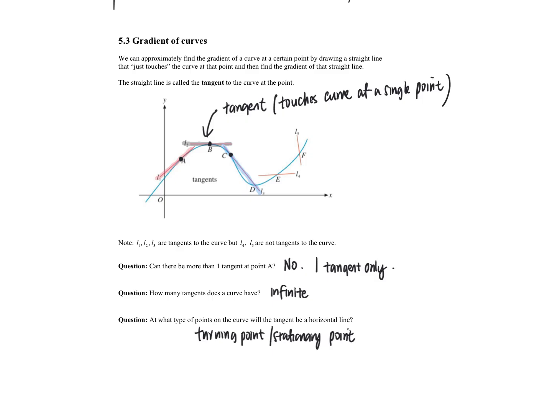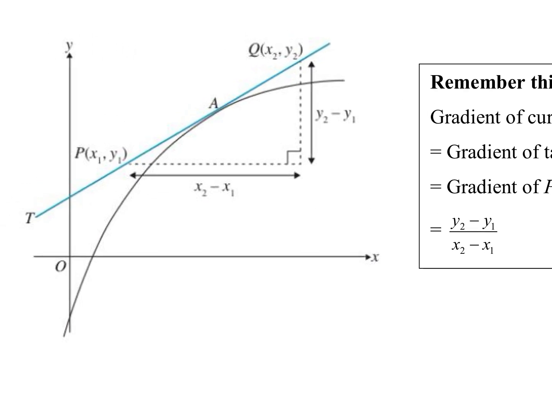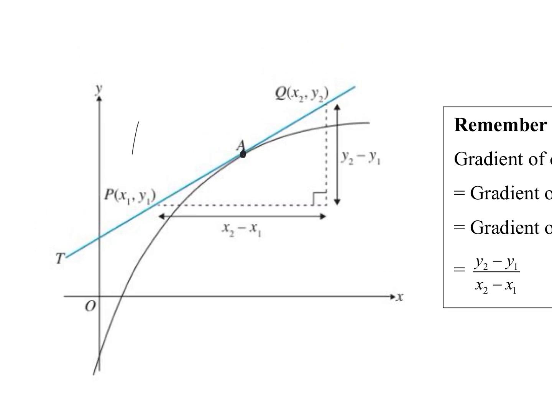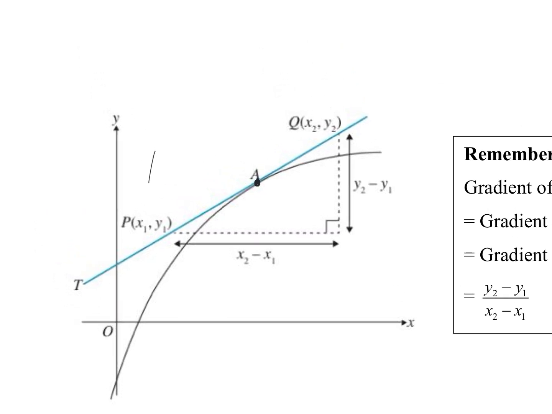So for this entire 5.3, it's just about drawing the tangent line and then finding the gradient of that tangent. If we look at the next page, at this point A, if you want to draw the tangent line, what I need you to do is to put the ruler, preferably your transparent ruler. You know your ruler, there's one half of it that's transparent. So when you place your ruler on that point and then you try to adjust it, try to make sure that the angle on either side of the curve,